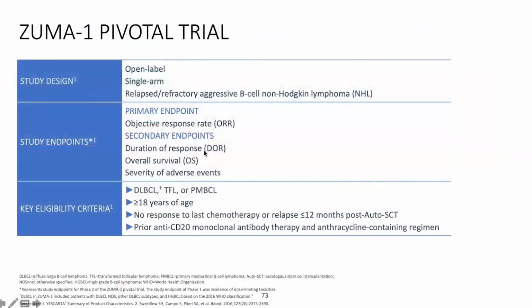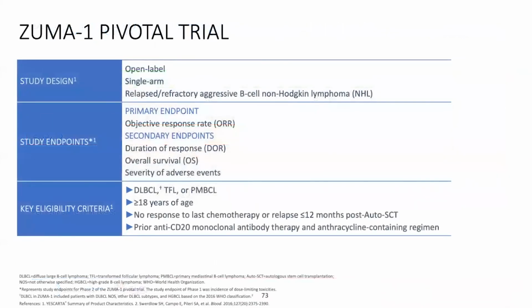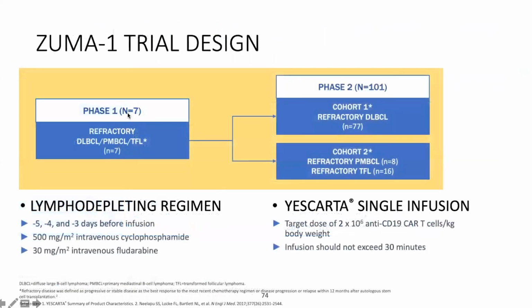This is for neurotoxicity as well as the high incidence of toxicity for the cytokine release syndrome. So just go a few slides on the Zuma pivotal trial, and the study design was for the relapsed diffuse large B-cell lymphoma, and as a single arm, there were 7 patients in phase 1, then 2 patients in phase 2, 101 patients were included,